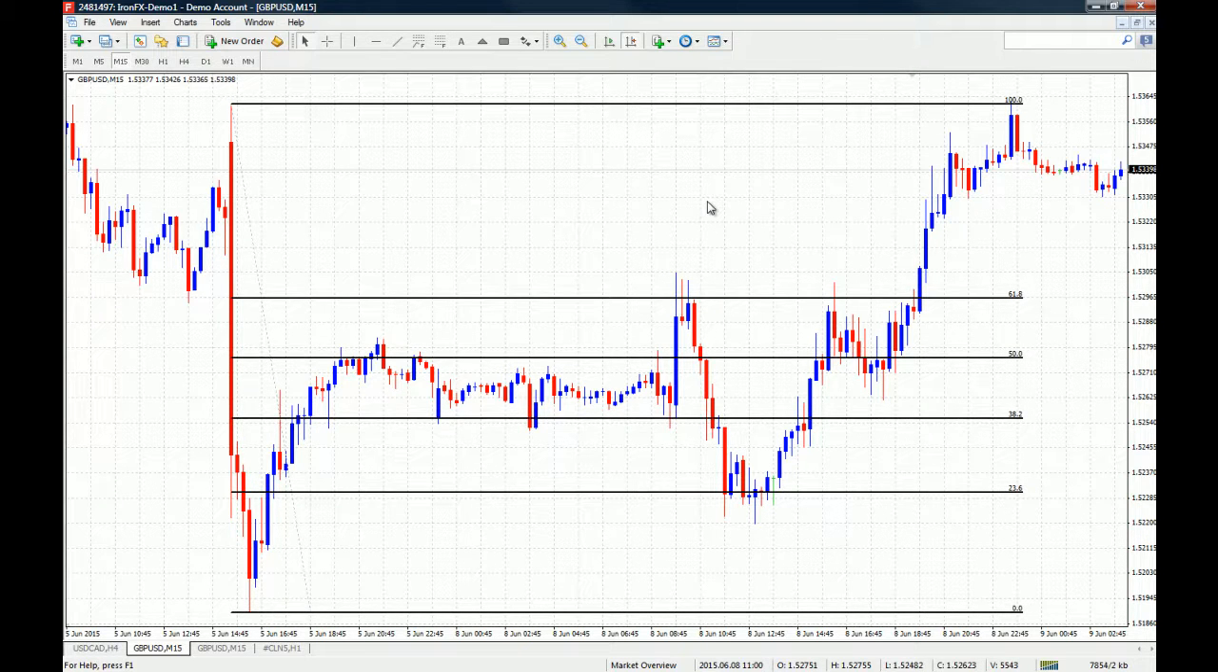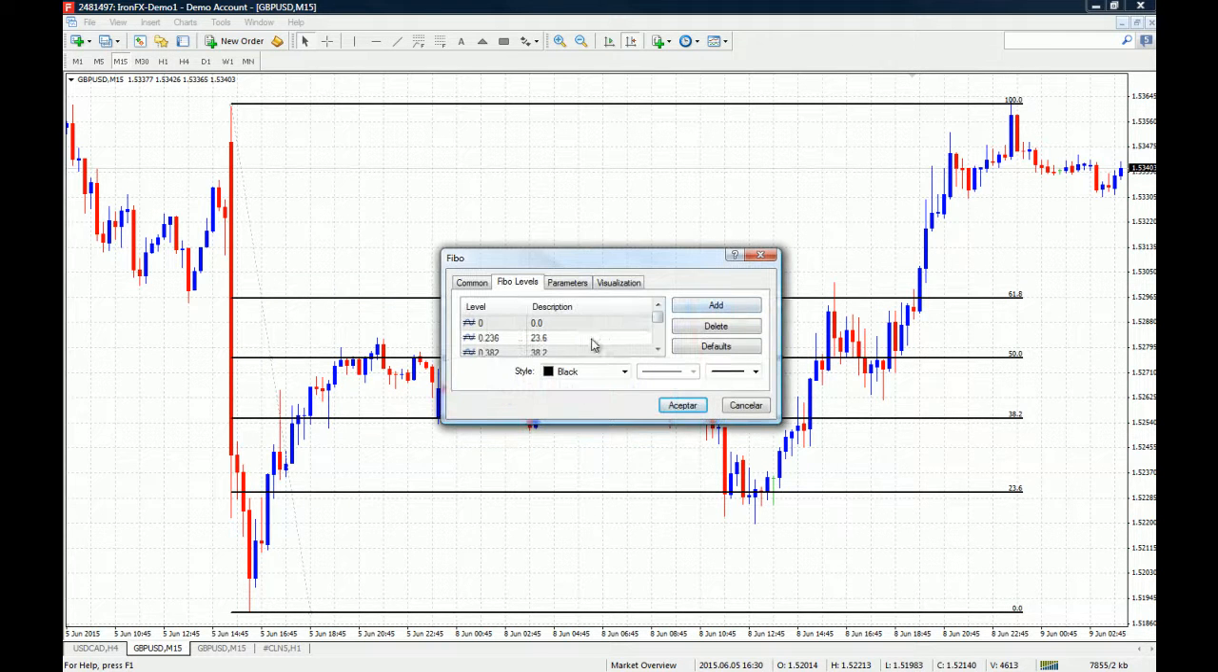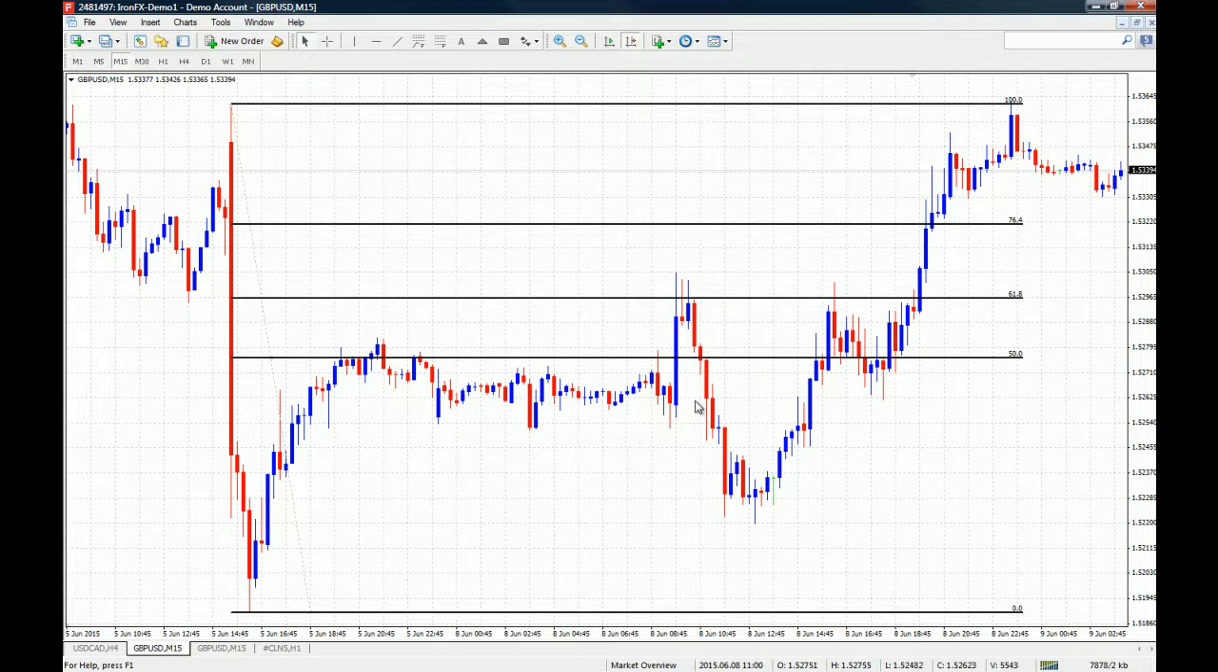Now, you can see that we don't have the 76.4 right here, so first of all, we are going to delete the 23.6 and the 38.2, and then we are going to add the 76.4, okay? We are going to delete also the expansions or extensions, and let me just add the 76.4, and in the description just write down 76.4. Okay, now these are the levels that we are going to be working with: the 50 Fibonacci level, the 61.8